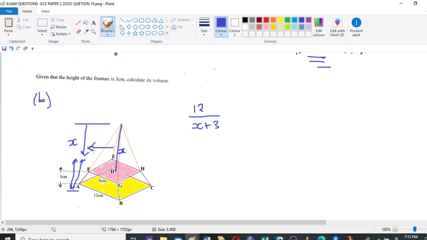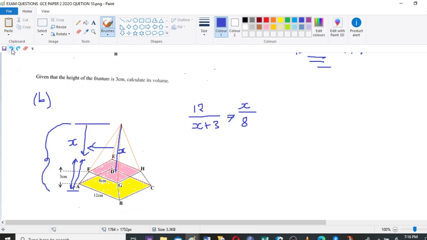So the height for the whole big pyramid is 3 plus x, which we don't know, and then the height for the small pyramid will be x. This will be x over